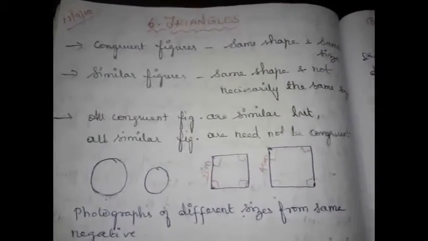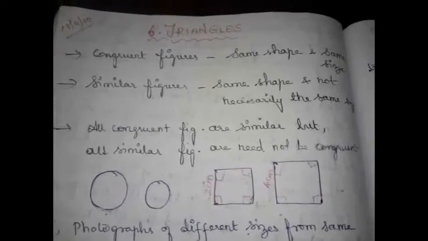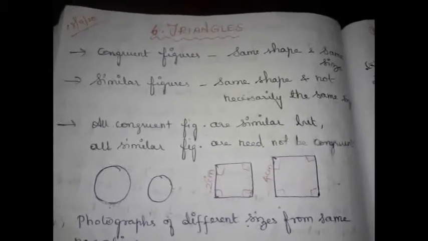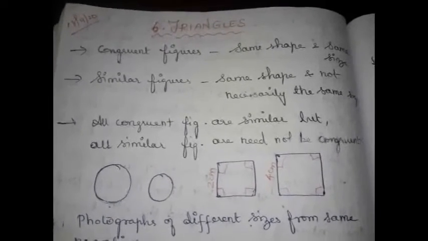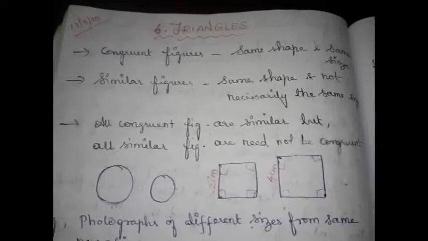Hello students, what are we learning about? We are learning about triangles, especially similarity of two triangles. In class 9 we have learned congruency of two triangles and the criteria which is necessary for two triangles to be congruent. So in class 10 we are going to learn about the criteria which is essential for two triangles